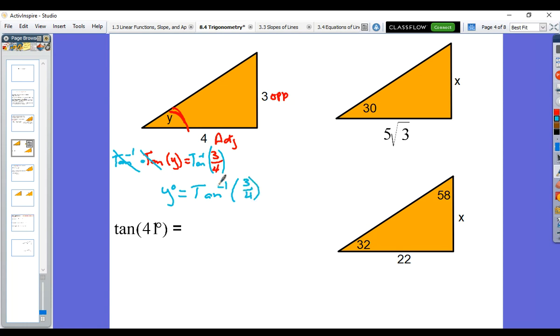So you guys with your physical calculators, if you look right above your sine, cosine, tangent buttons, you see sine to the -1, cosine to the -1, tangent to the -1. Those are what we call our inverse functions. To access them, I'll hit second and then tangent. It should pop out tangent to the -1. Then put 3 divided by 4 in the parentheses and hit enter. You end up getting y equal to roughly